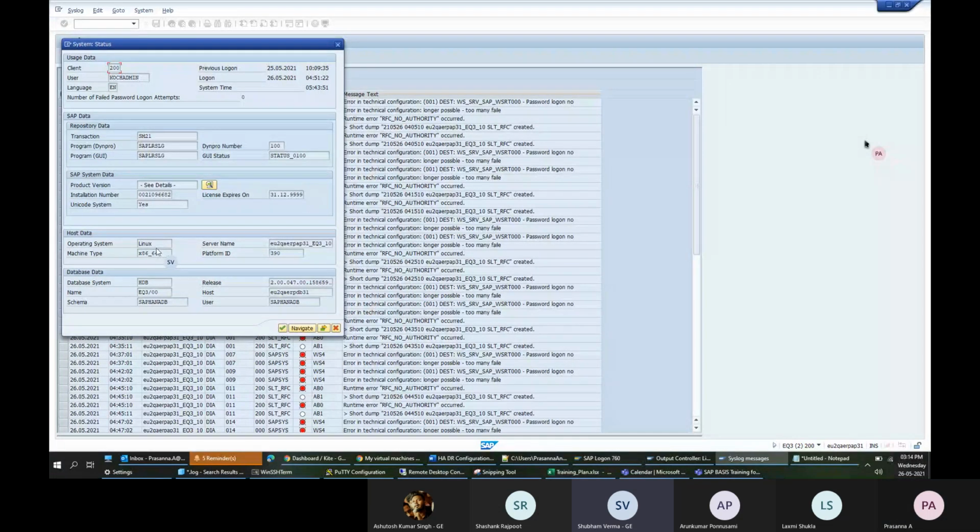So here the operating system is Linux and the server name is given here, and the database data is given in this part, system SDBI. HDB means it's HANA database.